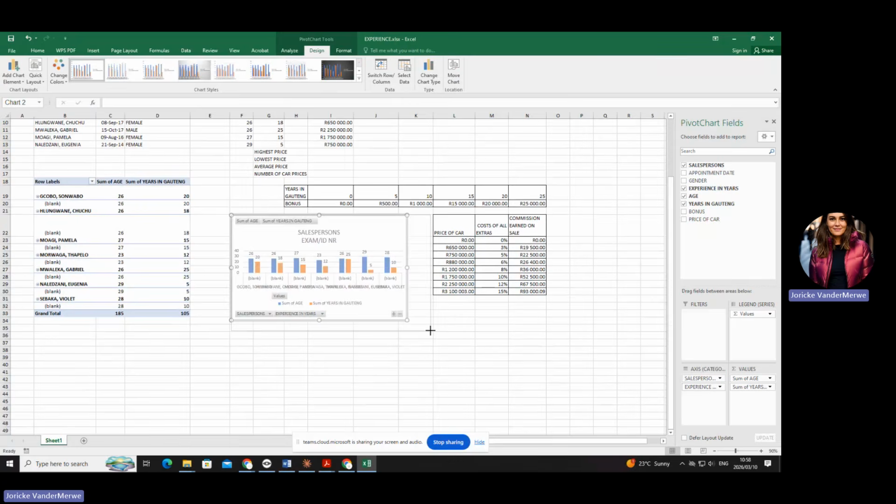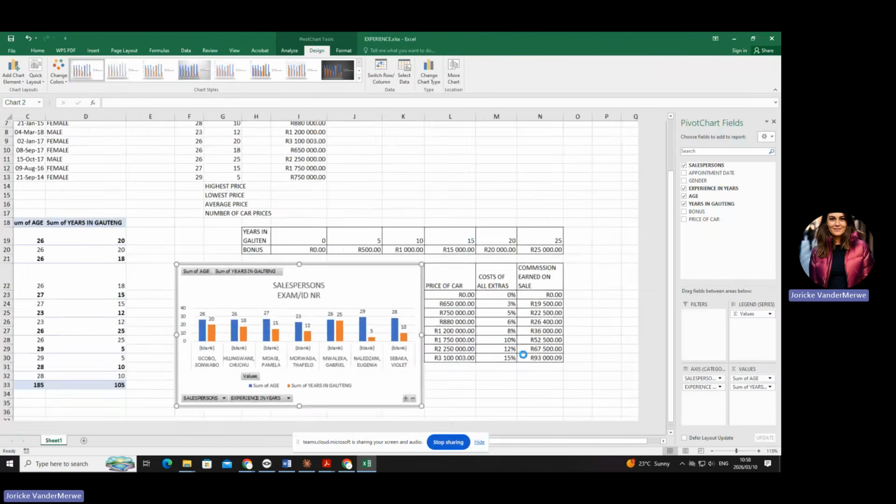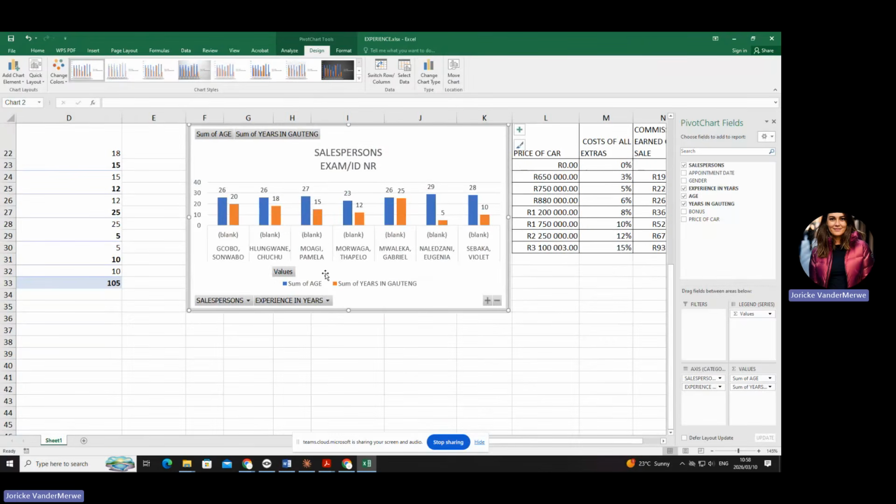Not a lot, but like that. Okay, let's make it bigger for ourselves. Can you see that the age in this is the blue part? There's the years in Gauteng, and then there's also the age range. Can you see that? Okay, so which color is the age? The blue. So you're going to choose the blue.